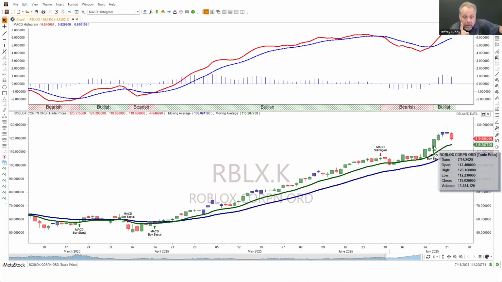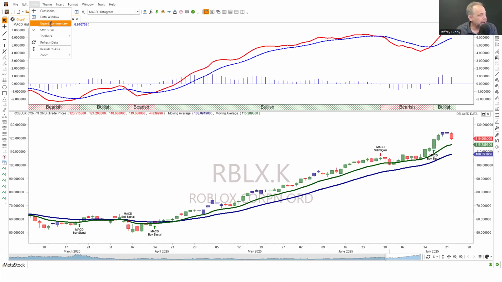The next way that we look at the MACD is you can use it as an overbought, oversold reading because we are looking at momentum. The way you can look at that is: are we in an area that's extremely overbought or oversold? Have we traveled too far too fast? Now, I like the way that we address overbought and oversold in the commentary. I'm going to open up the commentary: View, expert commentary.